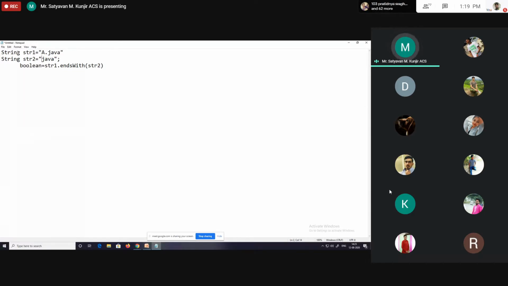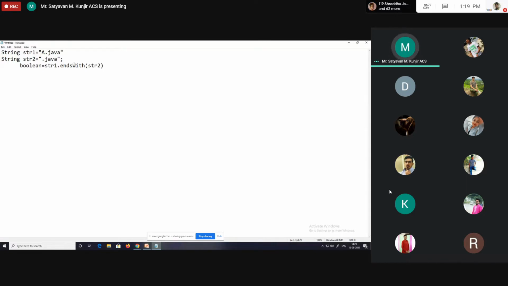See, two strings I have declared. The value of str1 is a dot java. The value of str2 is dot java. No problem. Then boolean equal to str1 dot ends with str2. What is the use of ends with method?